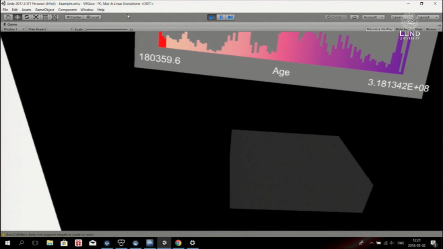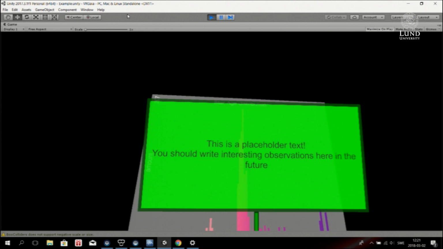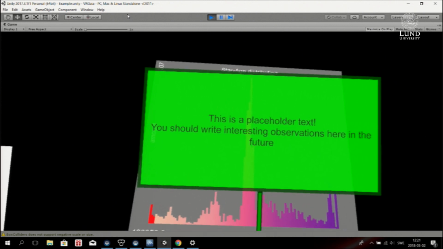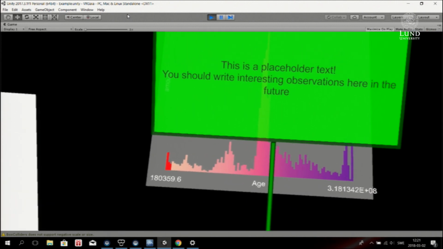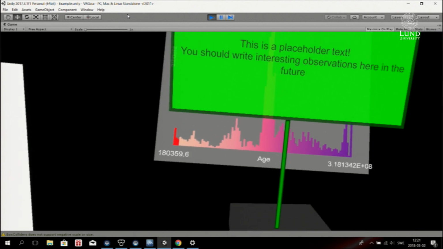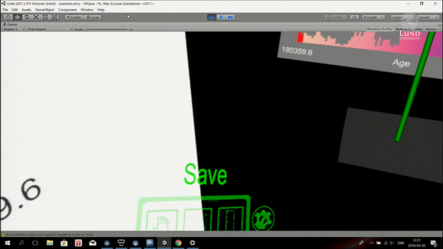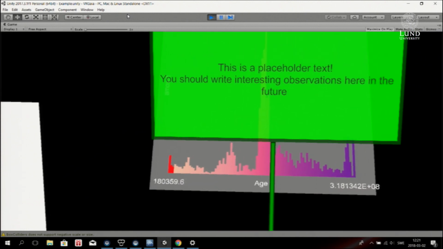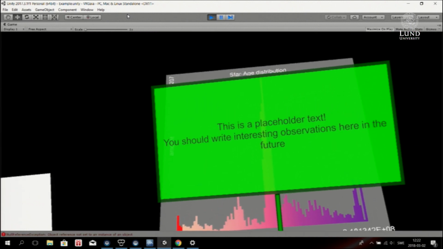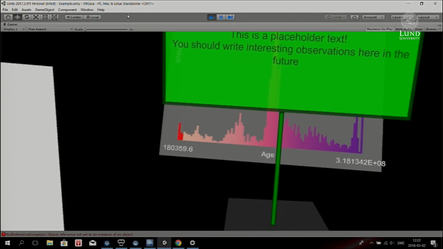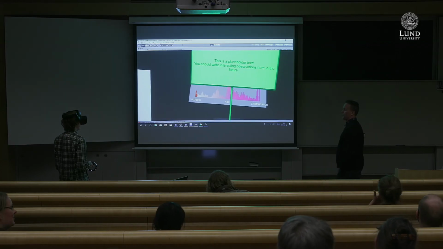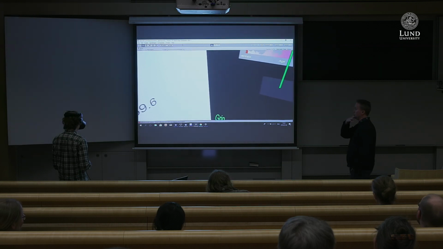Okay, we can select. We can add a little thing here, and the hope then is that in the end you can write something, and then you can save this setting, right? Export it, and then I can send it to my colleague Florent, and he will interpret it for me later on, right? Okay. So the hope is that you can have this way of interacting with the data with other people as well.